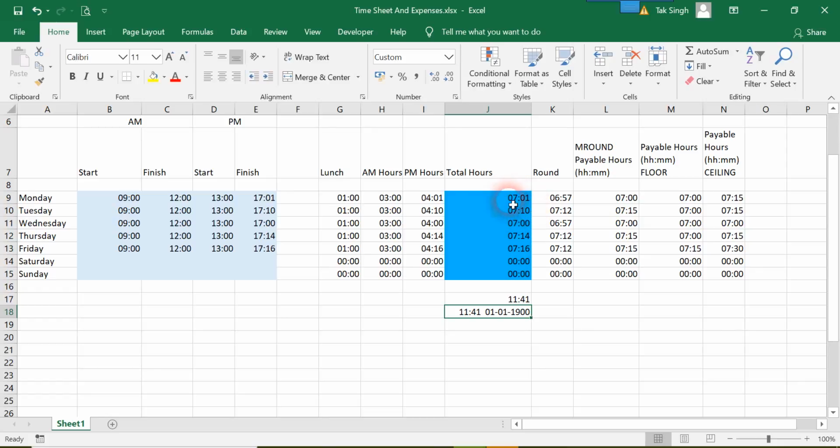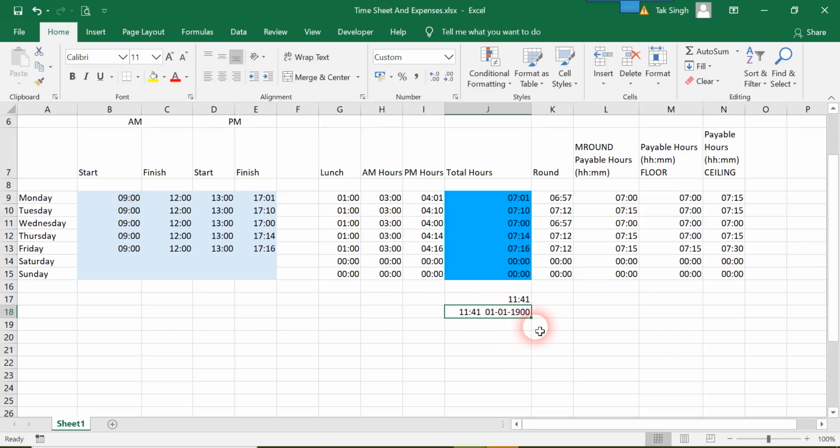And now when we are adding 7 hours, 7 hours, 7 hours, the moment we pass the 24-hour mark, it resets the hour mark to 0 and then trips the day from 0th January to 1st January. So over here it is displaying 11 hours 41 minutes of 1st January. So the sum of hours is nothing but 24 plus 11 hours 41 minutes.